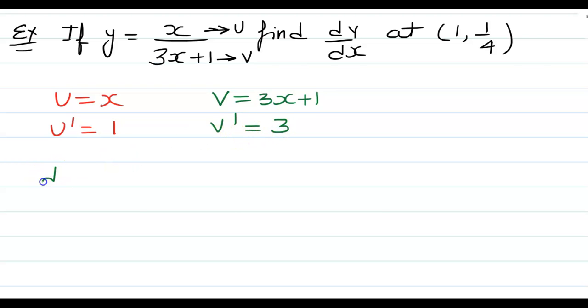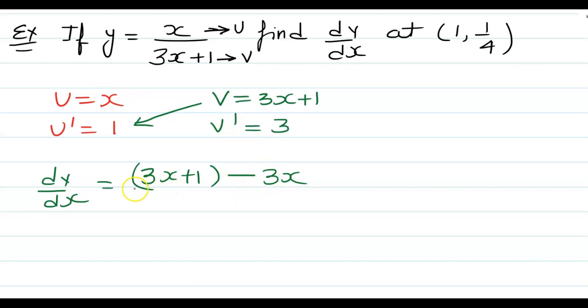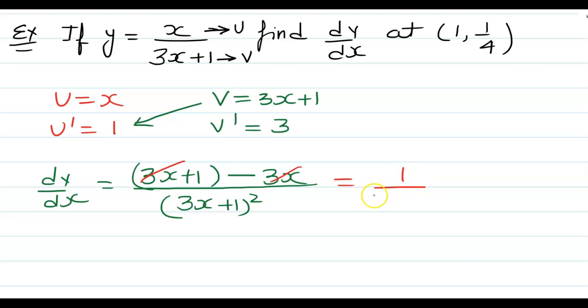Okay, so let's write down dy over dx. We start our journey from here, so we can multiply. It will be 3x plus 1 times 1, that is 3x plus 1, then minus sign, and x times 3 is 3x, divided by v square. So it will be 3x plus 1 square. Once you open the bracket, 3x and minus 3x will be cancelled out, and we are left with 1 over 3x plus 1